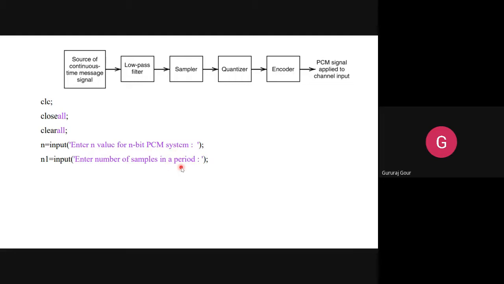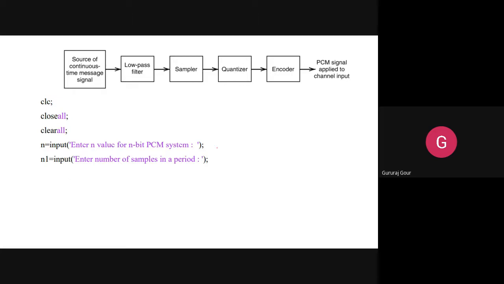So if you cut a continuous time signal, how many samples you want to have in each period, that is 8 samples for one period. Means small n indicates how many bits the PCM system has, and N1 indicates the number of samples in one period. That too, try to remember.